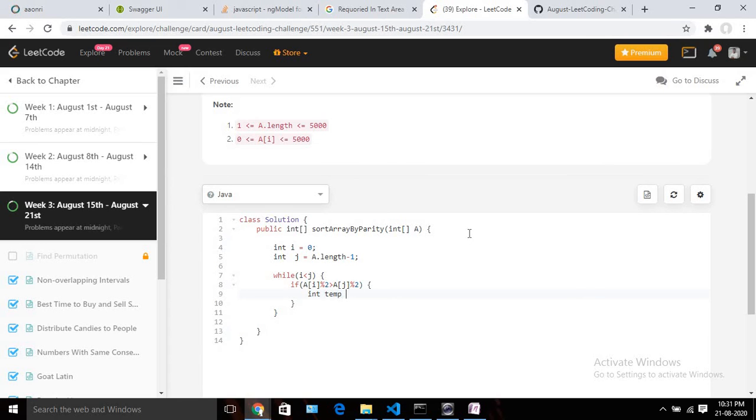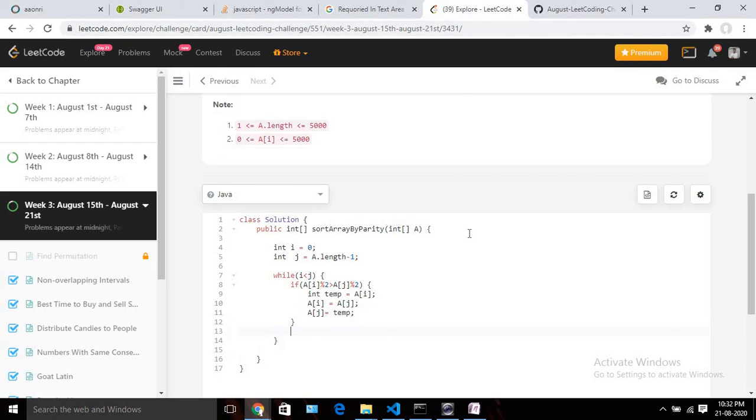Let's take a temp variable and write the swap logic: temp = a[i], a[i] = a[j], and a[j] = temp. Using this we can easily swap.